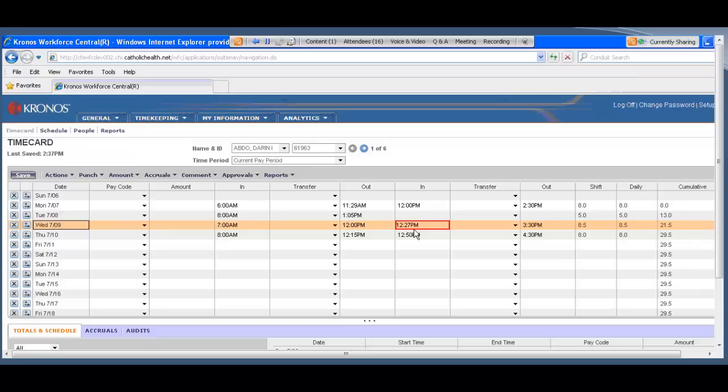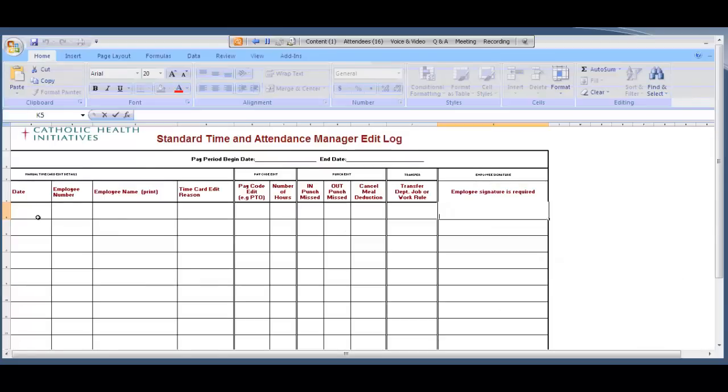They will probably, 99.9% sure, show up at our doorstep, and not only will they be looking at those few people that may have been there and saying they've been changing my punches, but they will probably be looking at the entire company and making sure that we have not been changing punches and taking away time from an employee. Because all the employee has to say is, well, I had to come back early, or there was an emergency, or something happened that I just wasn't able to take my full 30. And even though I could pull this up and say, well, according to that edit punch or edit log, the employee said it was okay to change that punch,